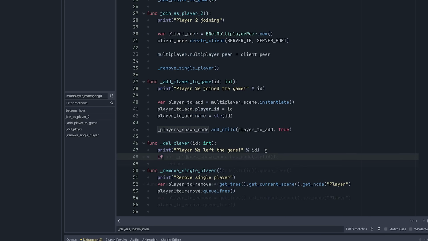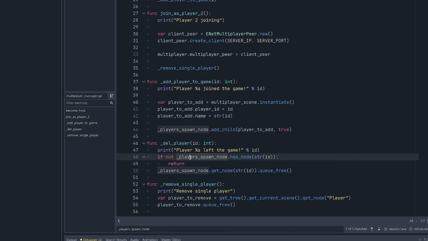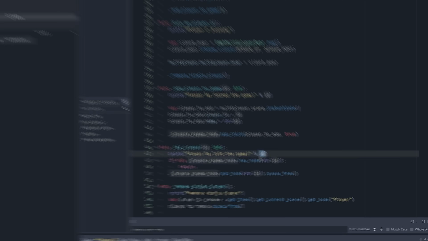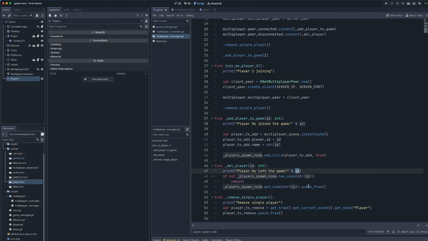So before we move on, let's also handle what happens when a player is removed from the game. So what this function is doing is it's grabbing a reference to that player's node here, and it's seeing if the one that left exists in this players list. And if it does, we'll go ahead and kick them out and just remove them from the game to clean it up. And if we test that really quick,